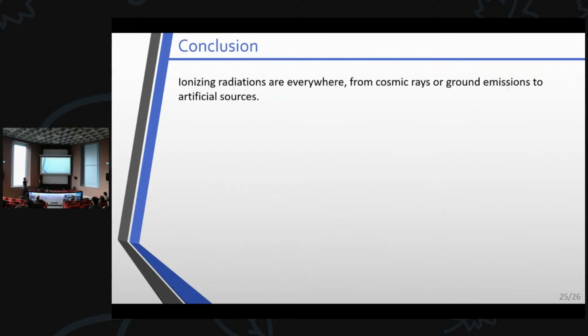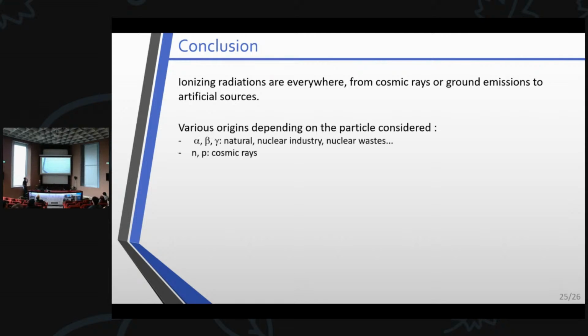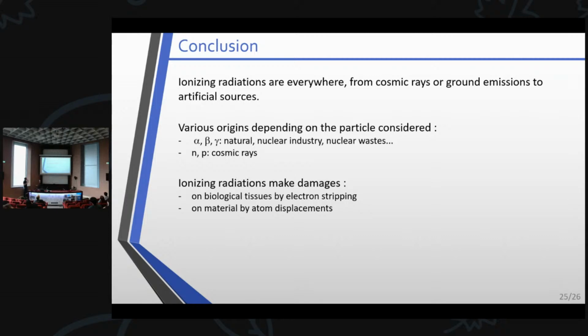checked. To conclude, as I said, ionizing radiations are everywhere, from natural processes to artificial sources. There are different origins depending on the particle we are talking about. Alpha, beta, gamma, it's mainly natural processes, nuclear industry, nuclear waste, etc. Neutron and proton, it's only from cosmic rays. So these radiations induce some damage on biological tissue by electron stripping and on inert material by atom displacement. And